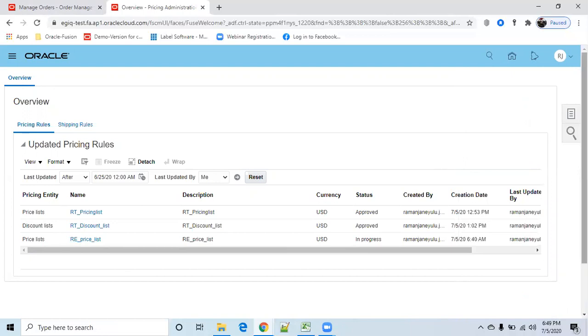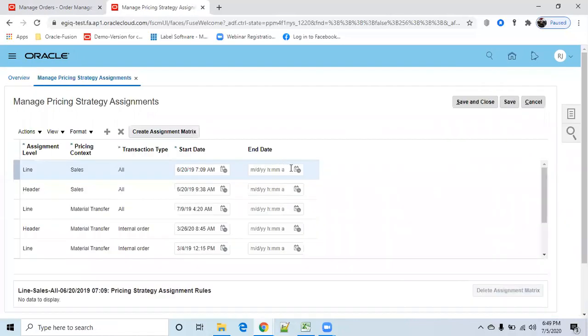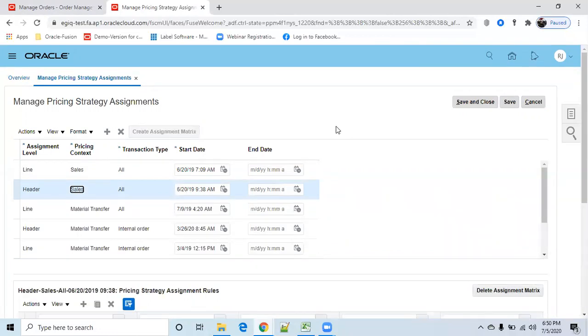This is in progress. That's fine. Go back to assignments. Click on header. 620. That's fine, right? 620, 19. That's fine.